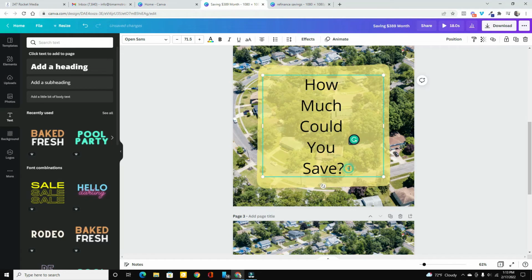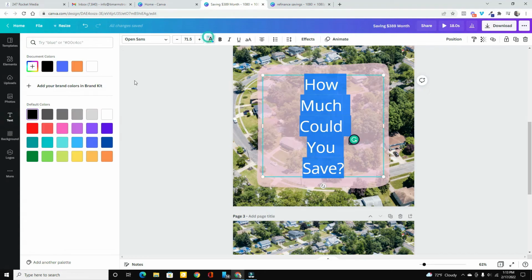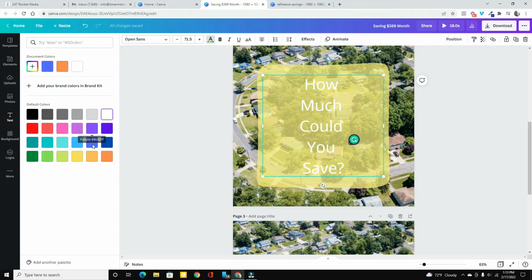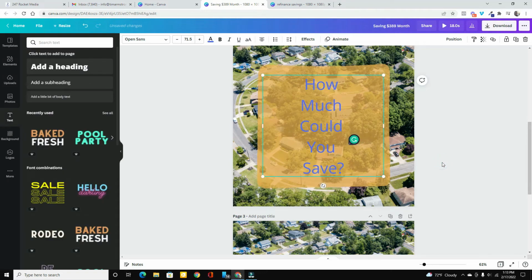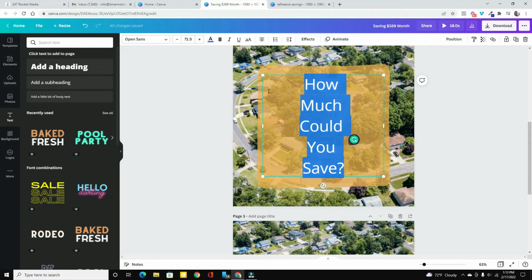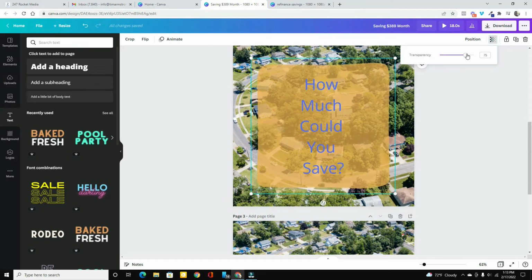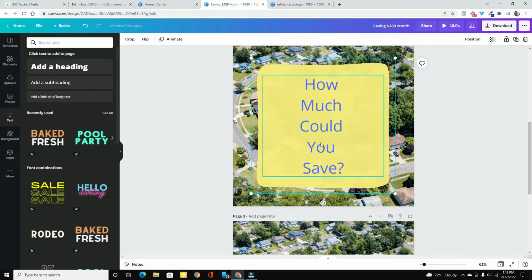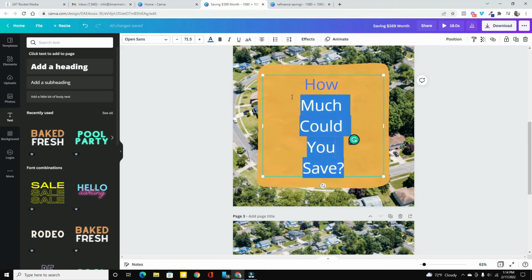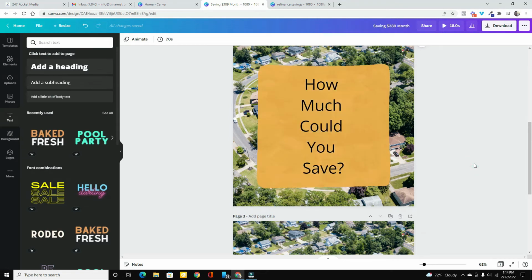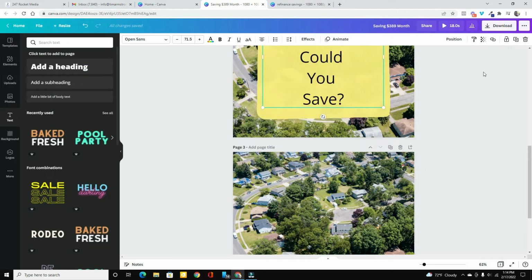How much could you save? I kind of like it black still. We'll leave it black. Or, yeah, we'll go back with the blue. That's fun. Actually, what we need to do is we need to make that less transparent. We'll leave it black. There we go. How much could you save? Perfect. Now what I'm going to do is I'm going to highlight this, and I'm going to hit the plus